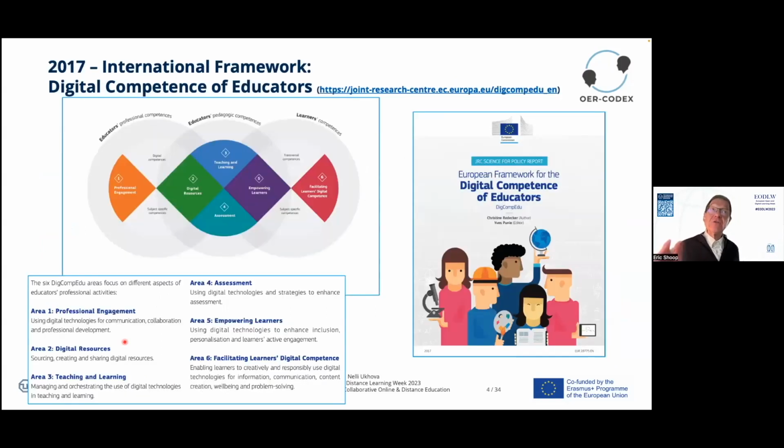That's the idea. In 2017, the European Union came up with the international framework of digital competencies of educators. And as you can see here, the educators do not only have to possess and refine their professional competencies, their professional engagement, but also develop their digital resource competence: sourcing, creating, sharing digital resources, and the area of teaching and learning.